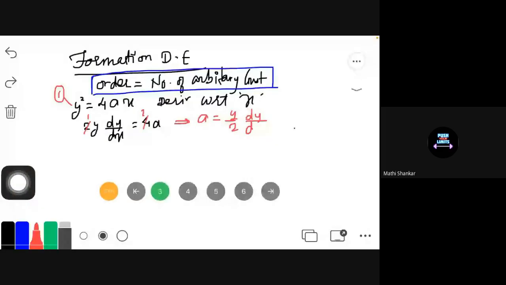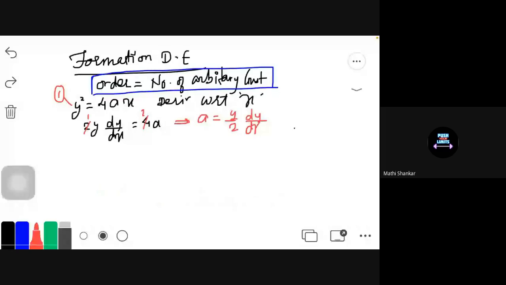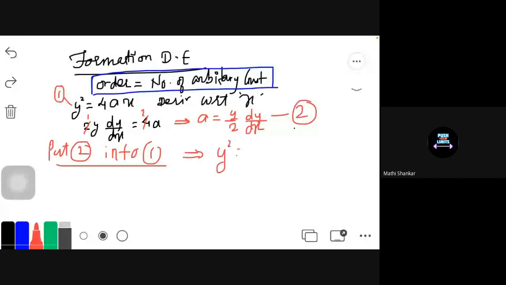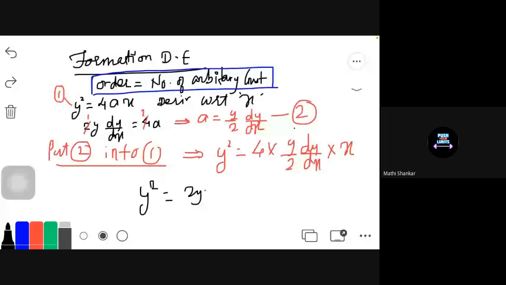Okay, so from here I got the value of a as y by 2 dy by dx. I hope everyone is able to see the screen. So I'll put equation number 2 into equation number 1. Therefore, I'll get y square is equal to 4 into a, the value of a is y by 2 dy by dx, into x. So 2 ones are 2, twos are, so I'll get y square is equal to 2y into x and dy